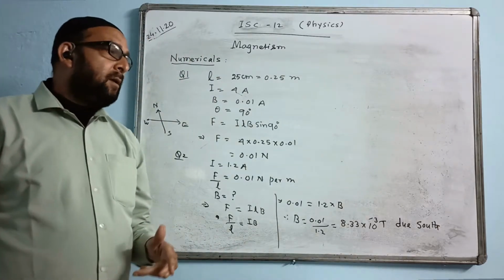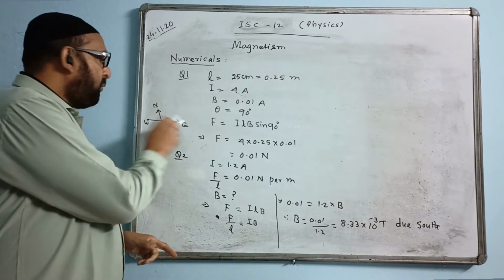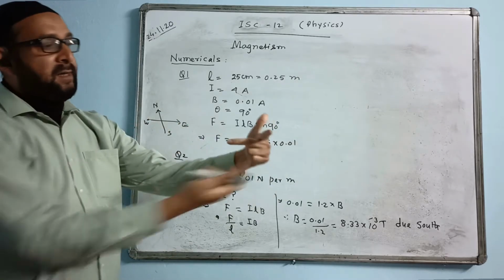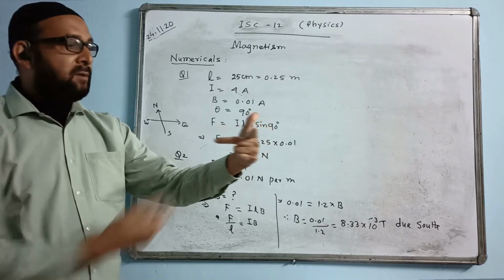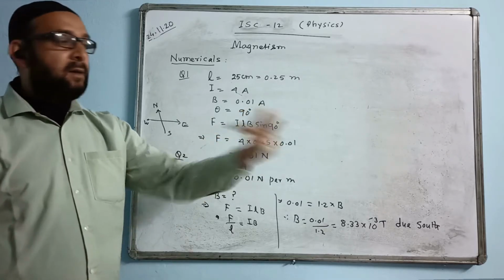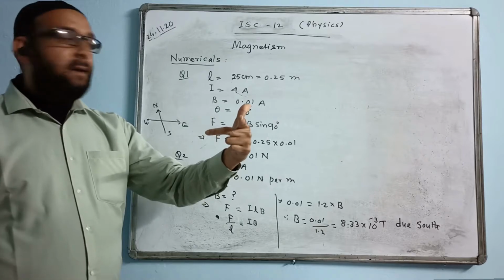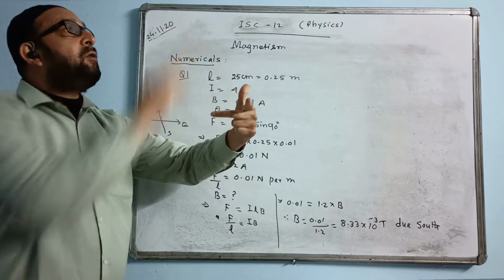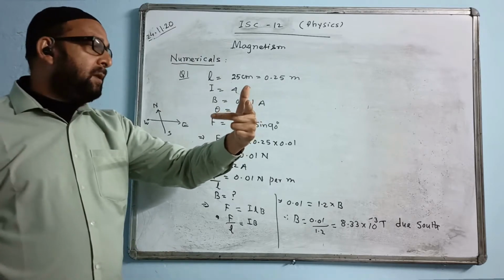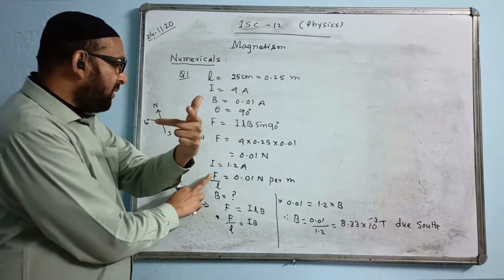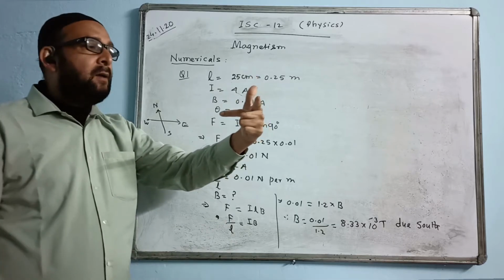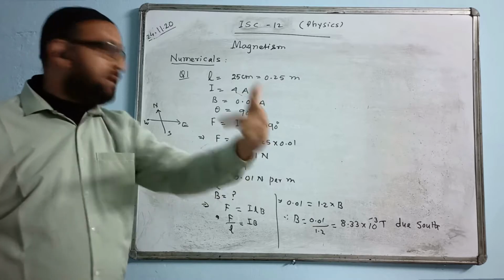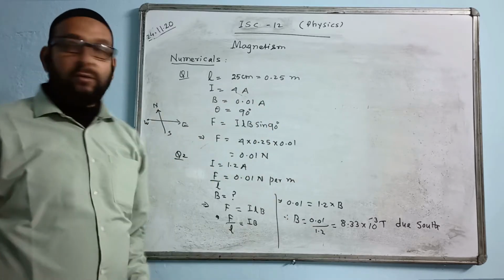Please check once again. West to east: this is west side, this is east side. Current is going this side. So I will keep the current like this. Middle finger is the direction of current. And if you keep the 3 fingers like this, then this finger is going upward. That means the force will act upward. And the question also says that the force is going in the upward direction. So what direction is this finger going? This direction is south. So I'll be writing south.